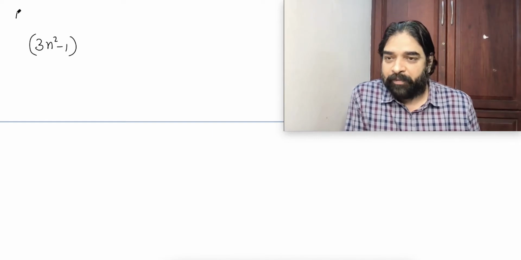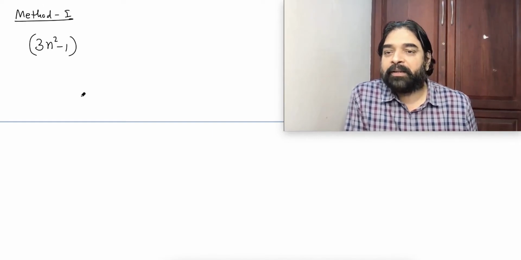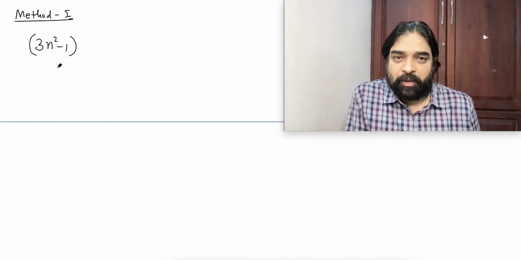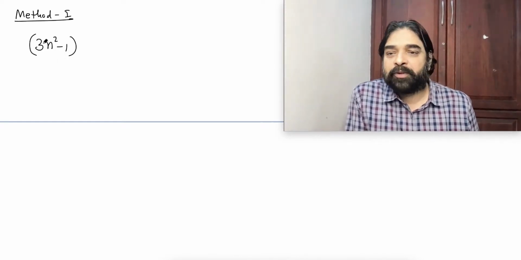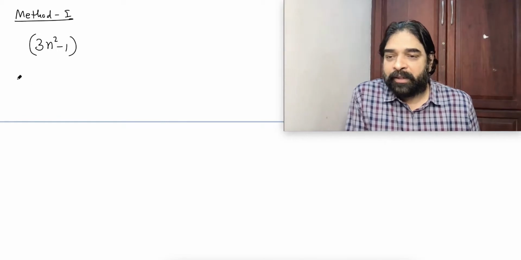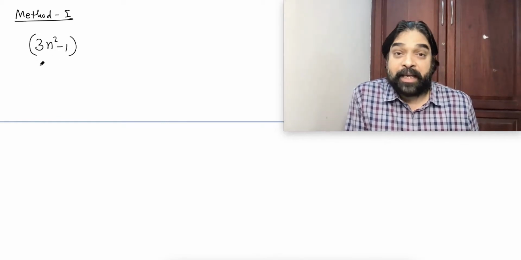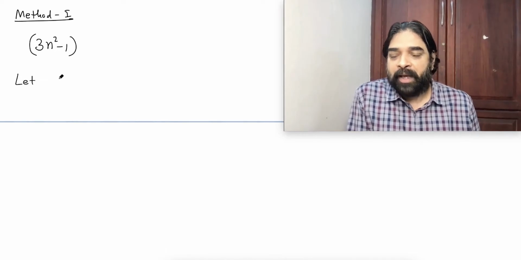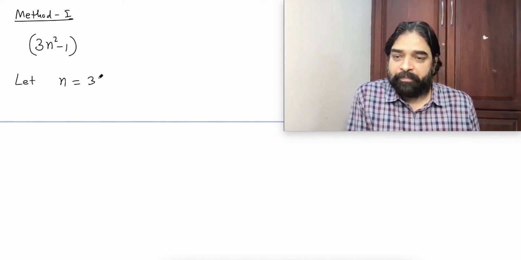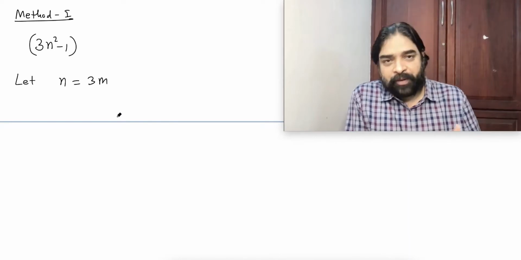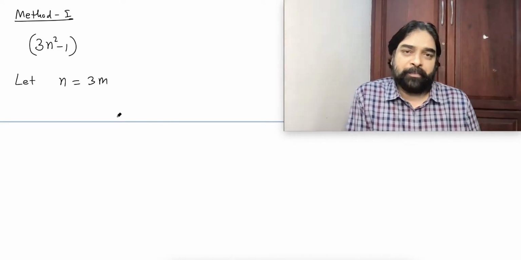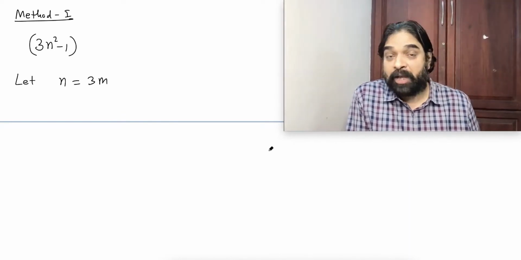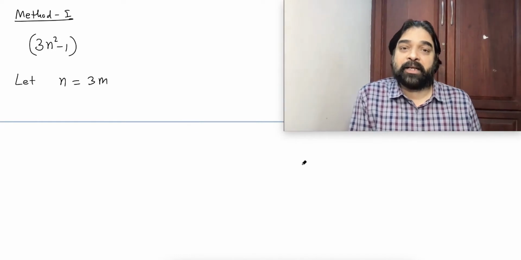And listen to me carefully. Method 1. What is that? I have to check this one. What will I do? Let n be any integer. So I am taking n as, let n equal to 3m. What are the possibilities? 3m or 3m plus 1 or 3m plus 2. Correct? Yeah, I hope all of you remember yesterday's class, last class, that